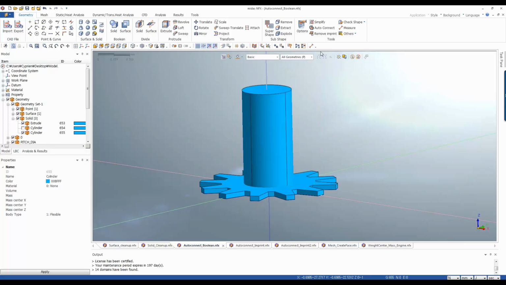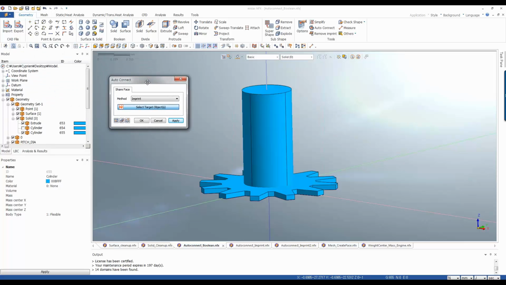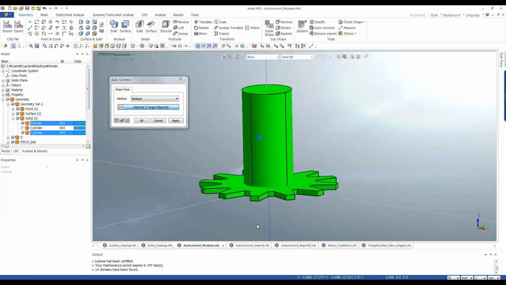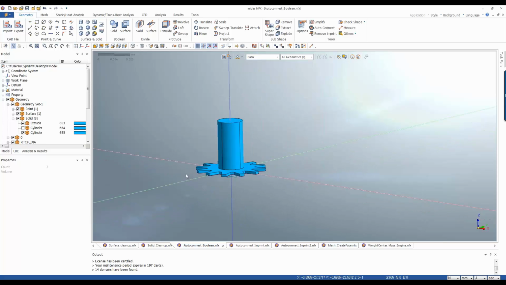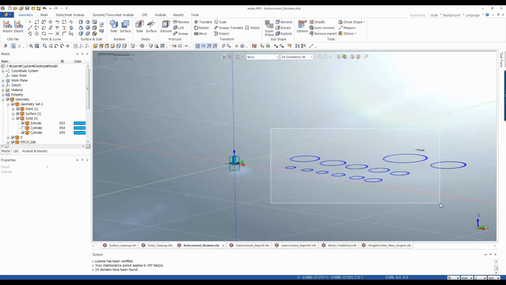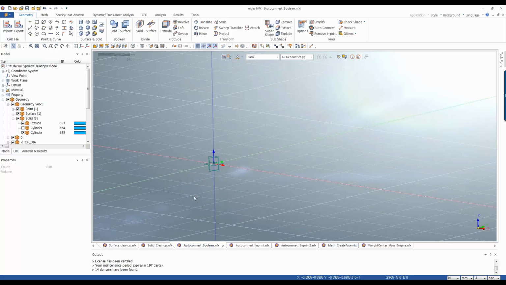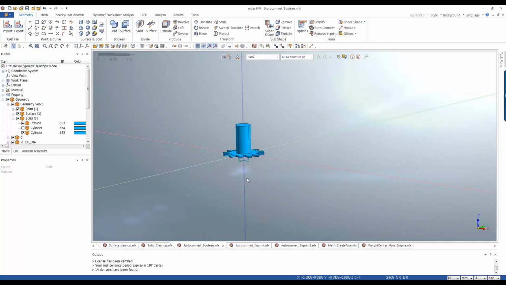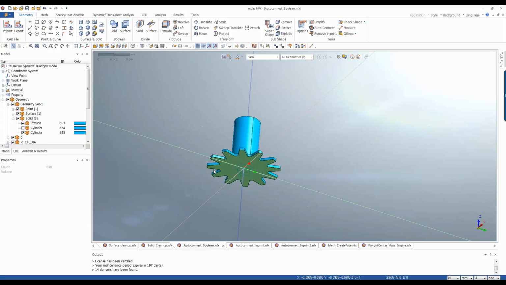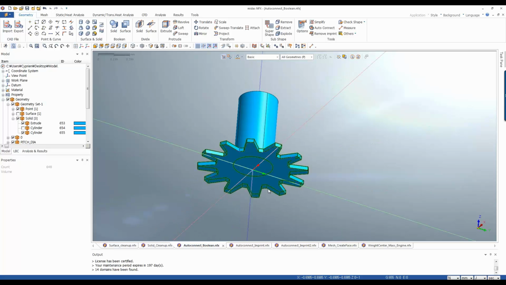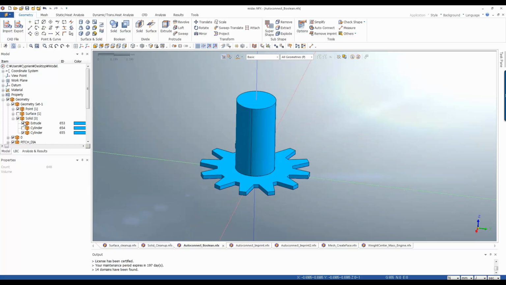That's the practical usage of the auto-connect operation if we want to connect those two parts efficiently. So if we go to this Boolean operation, if we select both parts, we can click on OK, and we can see the result. So for that, let me hide everything else, and right now it will be much more convenient to operate with the model. So I'm going to hide the surface, and from that aspect